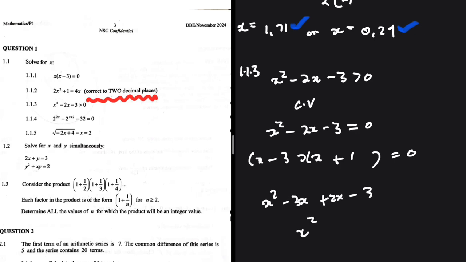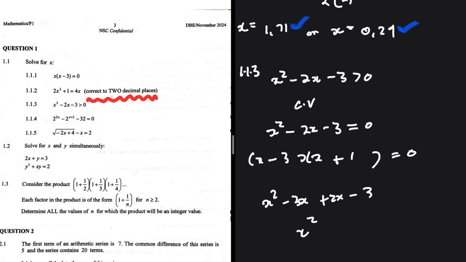So x squared minus 2x minus 3, we can easily factorize this, right? 2 factors of minus 3, when we add, we get minus 2, and when we multiply, we get minus 3. That is minus 3 and plus 1. This is equal to 0. Well, we can test this out. This is going to give us x squared minus 3x and then plus 2x minus 3. So x squared,